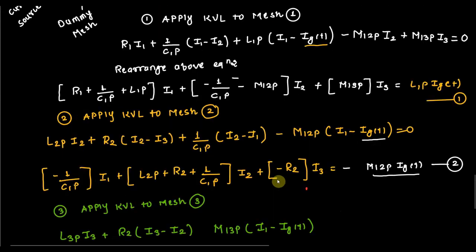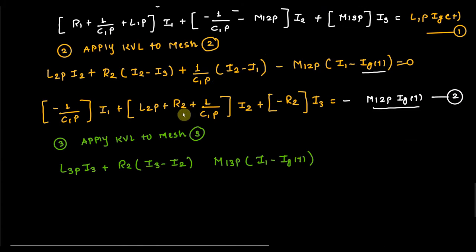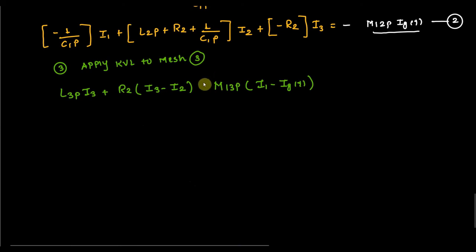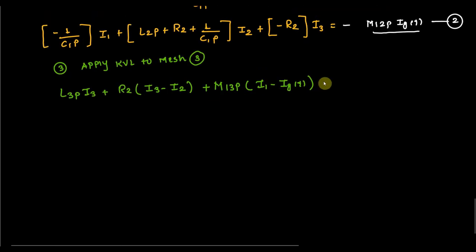Now check whether the current is positive or negative. Okay. You can see that this I3 is leaving from L3, and this current I1 minus Ig is also leaving. So in both the inductors, the current is leaving. Okay. So when both the currents are leaving, definitely this is treated as positive, because we have seen that when both the currents are entering or leaving, it should be treated as positive. So it is plus. And we can see if there is any other term of mutual inductance. Yes, there is no mutual inductance and there is no voltage. So that should be equal to 0. Okay.